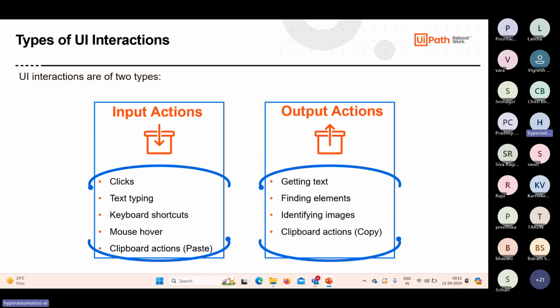Or else you try to paste something on the clipboard action tab, or you try to hover your mouse and all, right? All these actions are nothing but inputs that are applied on a particular application. Output actions are nothing but